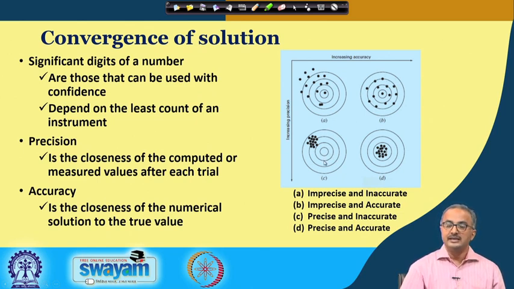Now, you look at the third one. In the third one, all these consecutive solutions are almost nearby, they are clustering nearby. But all of them are very much away from the exact solution, from the center. Okay? So, this we call precise but not accurate. On the other hand, you look at this one: we are reaching the solution, and all the consecutive values of the roots we are finding are very close to the actual solution. So, we say this is precise as well as accurate. So, this is the way you can look at the precision and accuracy of the solutions.